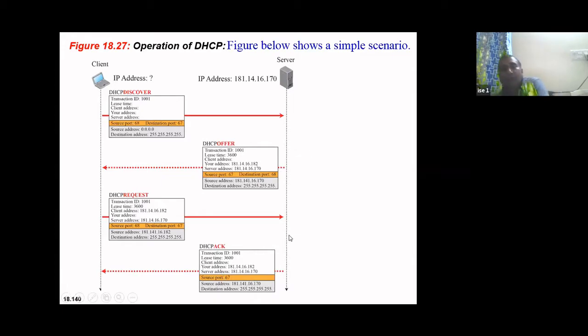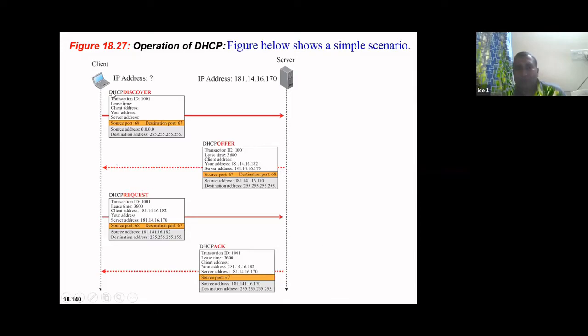Got the idea? So here it is just acknowledgement. Here the destination is not being given, it goes directly, because your address, 181.14.16.182, is given in the acknowledgement. So there is no need for port addressing here.